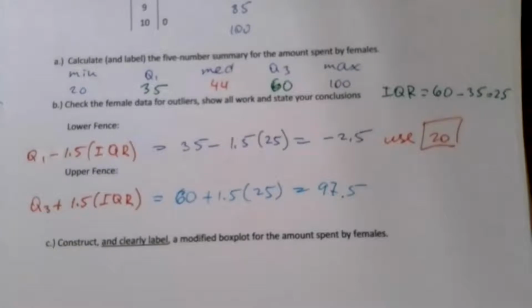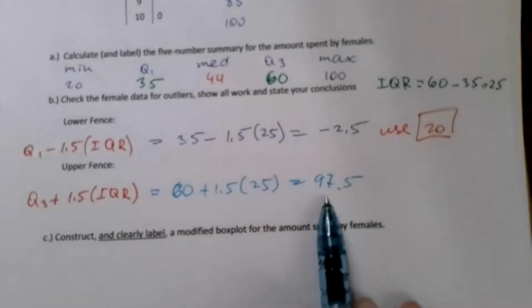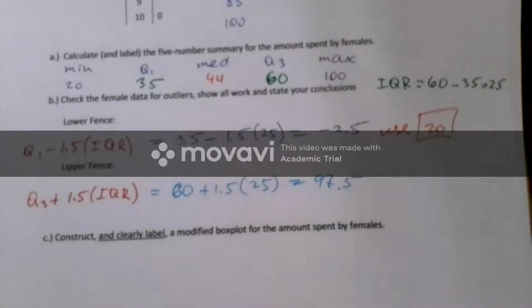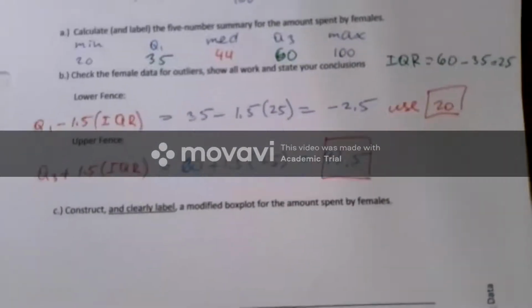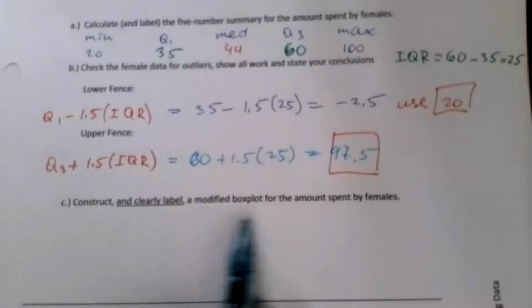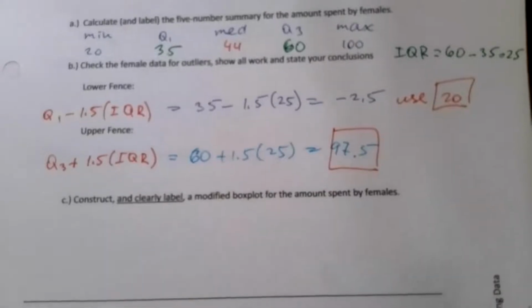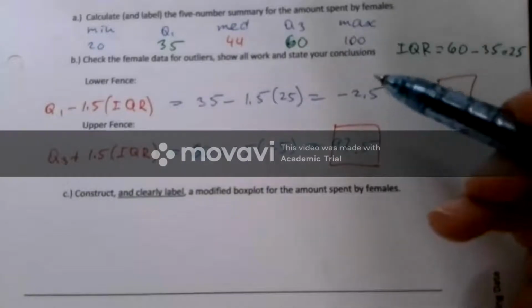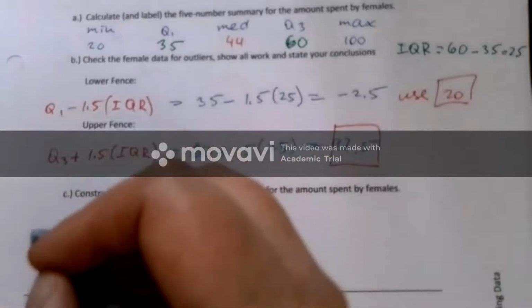So we have 97.5 for the upper fence. Well, this value is lower than our max, so we would use this one. All right, so now let's go ahead and actually construct a modified box plot for the amount spent by females. Okay, so for the minimum, we have, well, yeah,